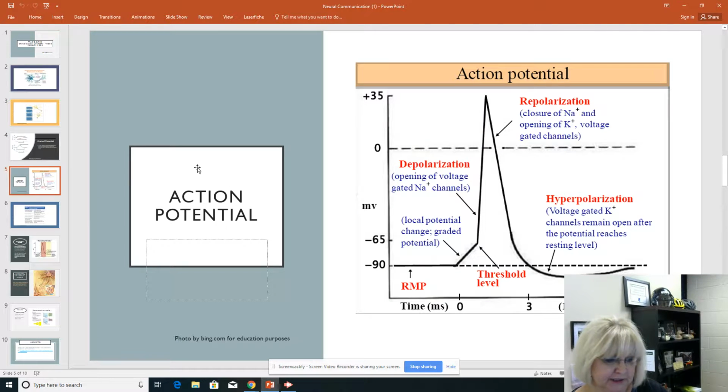Next, let's look at the action potential, and let's just start with the slide. If you notice on the left-hand side, as it gradually starts to go up, that's your local potential change, which is the graded potential. Then as you see it spike directly up, that's the depolarization, the opening of the voltage-gated sodium channels. Once it makes it to the top and starts to come down, that's your repolarization. What happens there is the closure of the sodium and the opening of the potassium voltage-gated channels. Down at the bottom, you'll see where hyperpolarization takes place because those voltage-gated potassium channels remain open after the